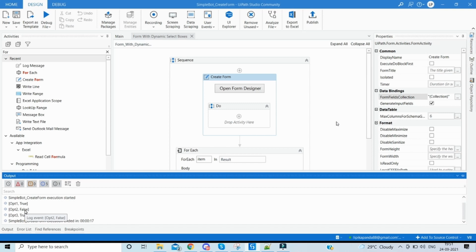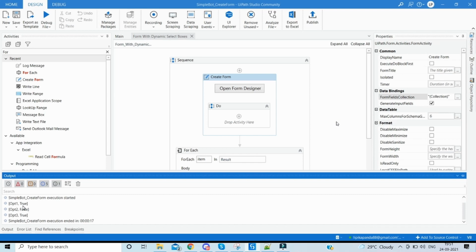Whichever are marked as checked will be shown as true, and the keys which have not been marked as checked will be shown as false. So the form will show the values of the input dictionary, and in the result we will have the keys mapped with the true or false boolean values.